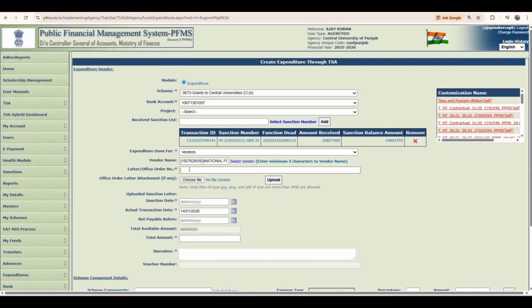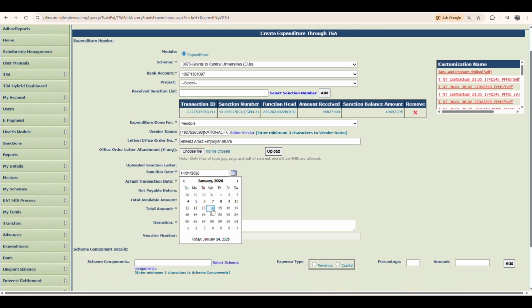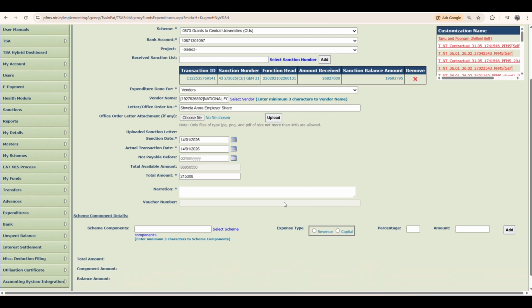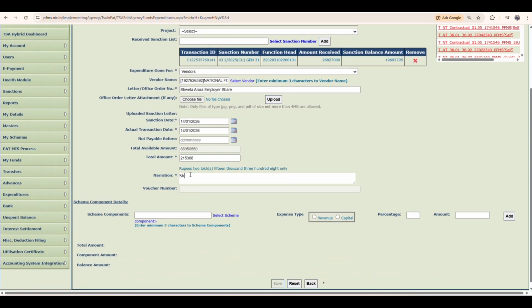Select the vendor, enter the remarks, this is a test entry, and select the sanction date. Net payable before means the payment will not go through before this date. Amount, select narration,